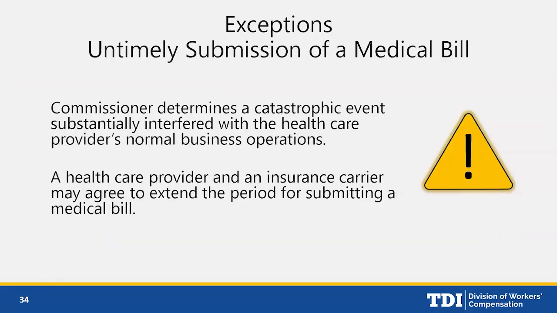Additionally, the statute also allows for an exception when there are catastrophic events like a hurricane that disrupts normal operating process or a pandemic. In these cases, the commissioner will publish a bulletin and will outline the details. Like sometimes for hurricanes, only certain geographical areas meet the exception. And for instance, the commissioner's bulletin